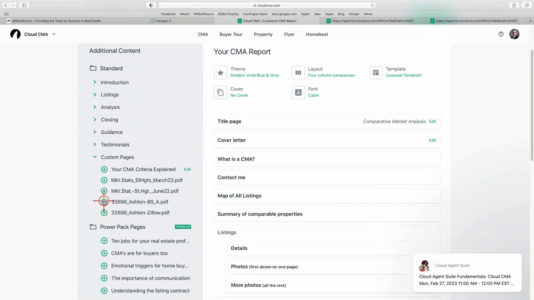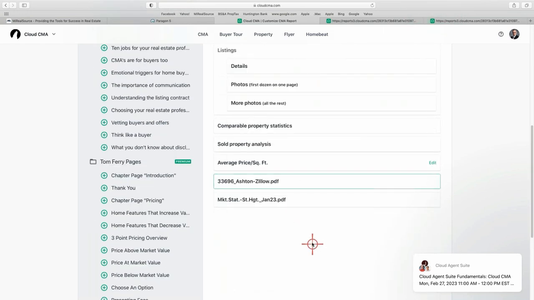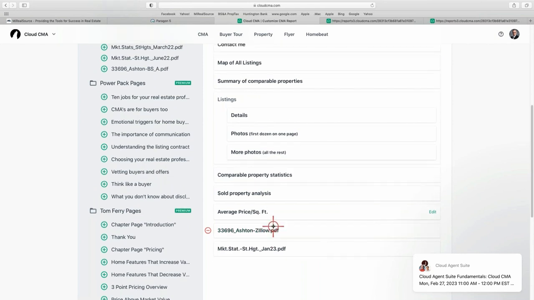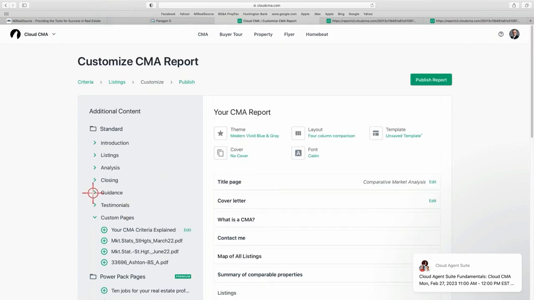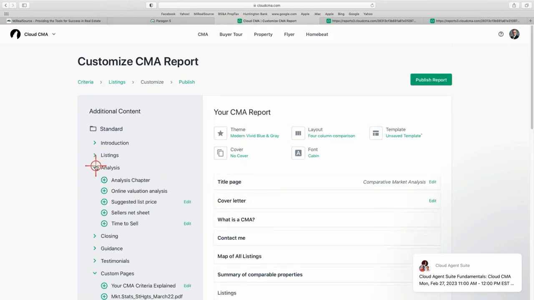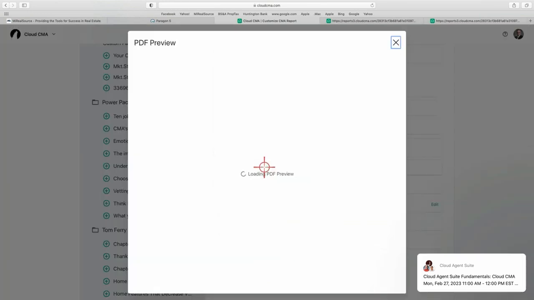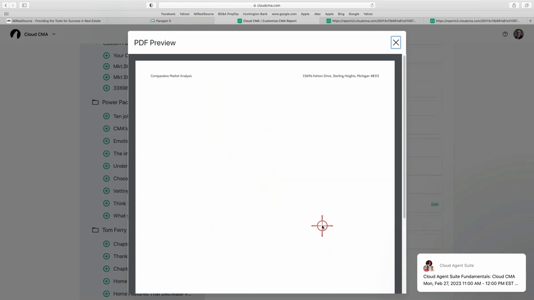I'm not going to add the BS&A information, but I'm going to add the Zillow information. The reason I'm adding the Zillow is because under analysis, there's a page called Online Value Analysis, which I always add into my reports. Online Value Analysis is just that. The nice thing I like about adding it is,